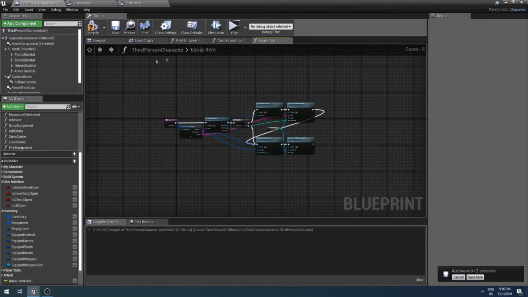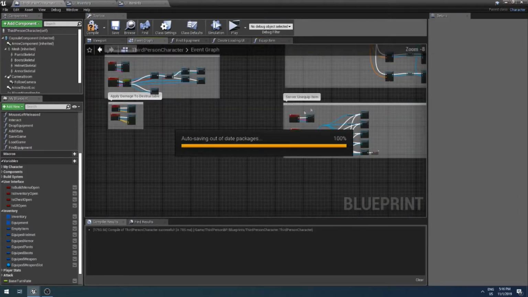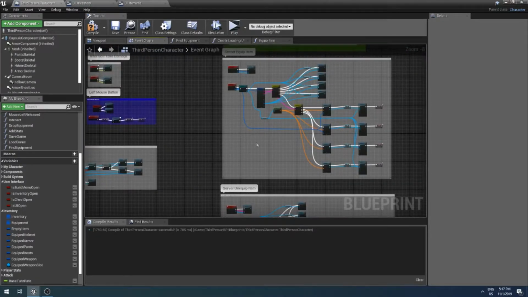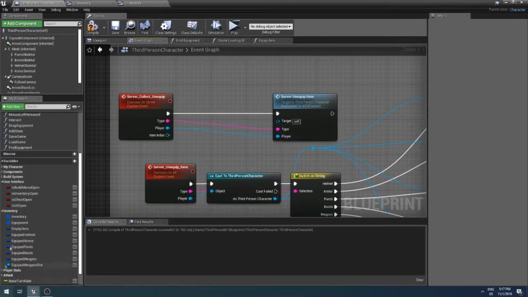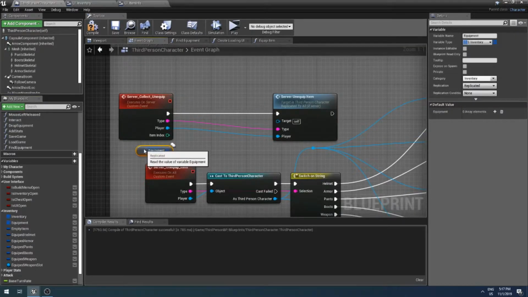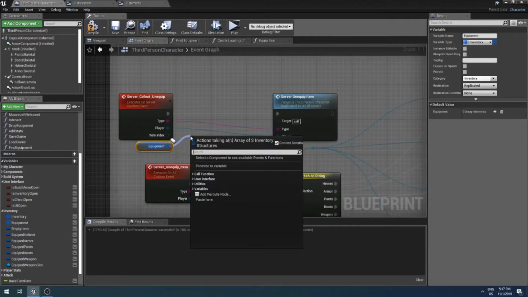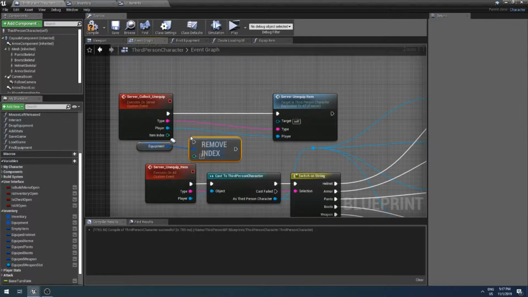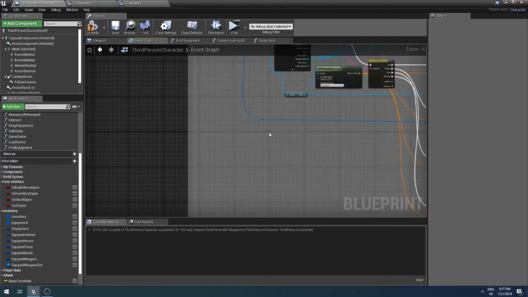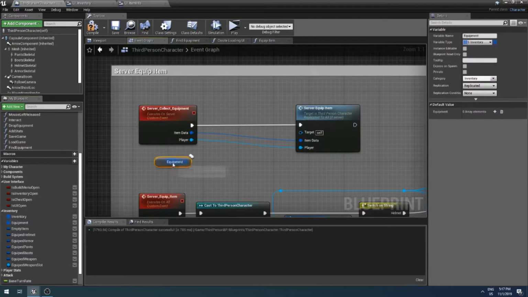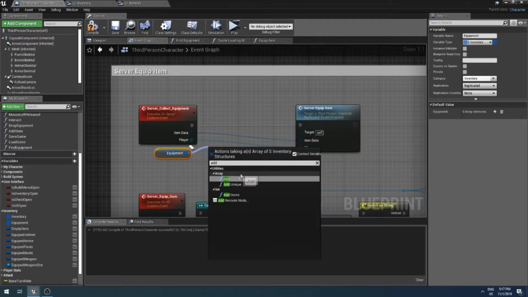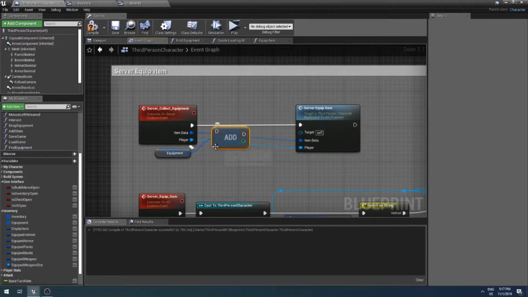Now we can move to our event graph, and we need to find our server unequip, server equip events, and here we need to drag in the equipment, and we need to remove an index on the unequip, and the index is this index right here. And then on our equip we again need to drag in our equipment, and we need to add the item data